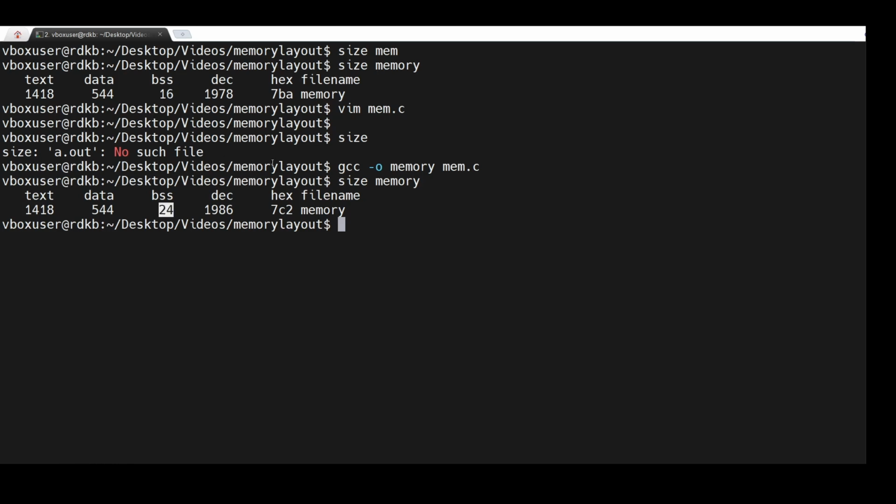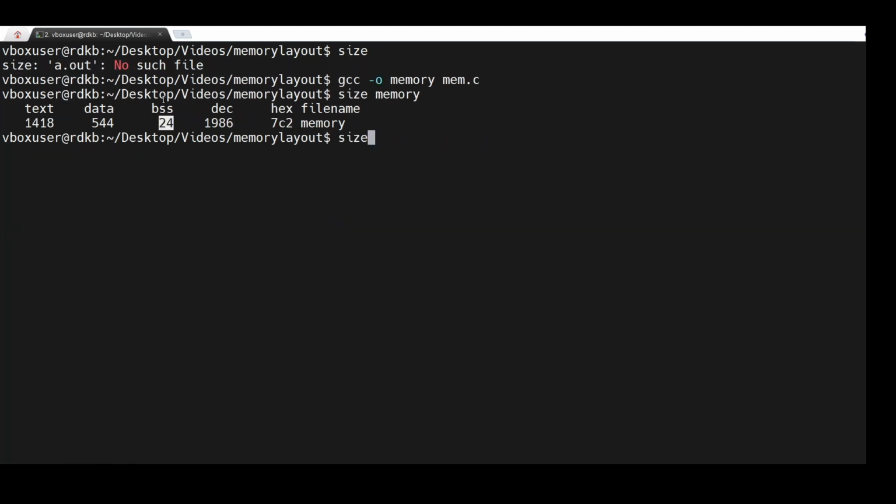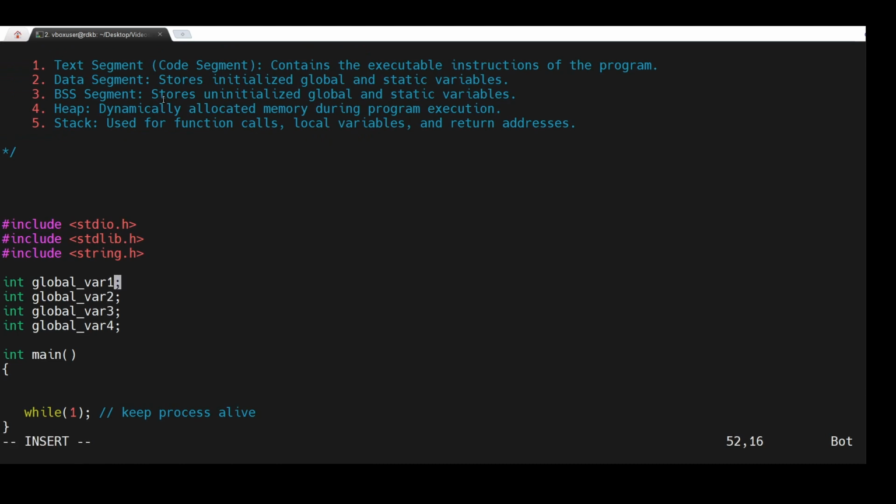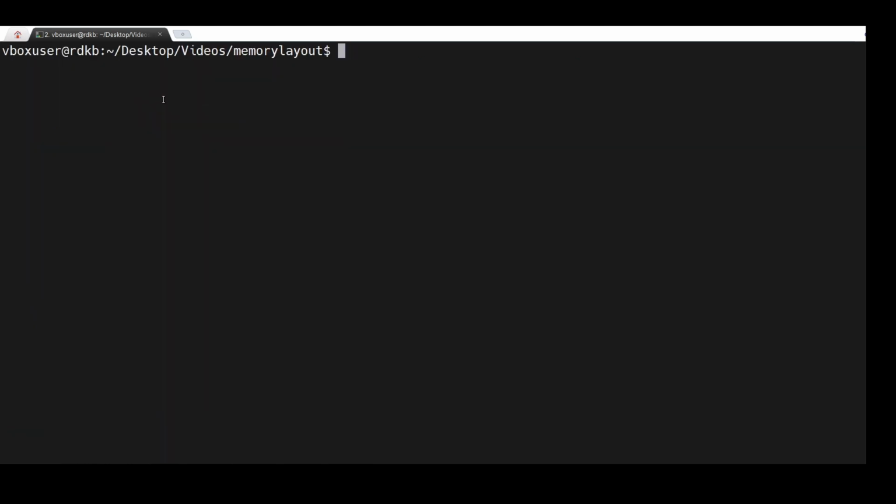So we have two integers that we added as a part of global variables, and that comes in this BSS segment because the variables are not initialized. So what I will do, I'll initialize those values. I will initialize variable 3 to 10 and variable 4 to 12. Okay, and I need to compile it again,